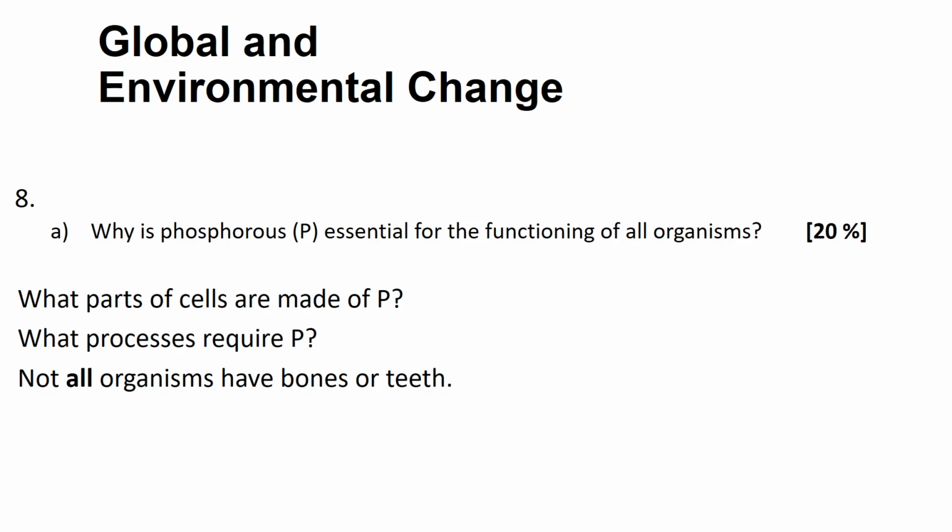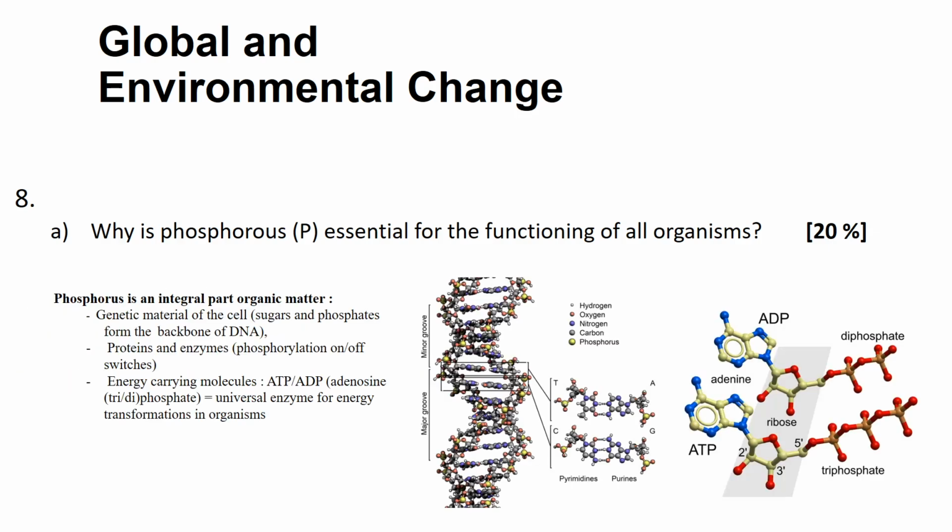What we're really looking for is what the parts of cells are, because all organisms have cells. What parts of cells are made of phosphorus or require phosphorus to exist, and then also what processes require those molecules for a cell to operate. So looking back at some of the lecture slides, some of the parts of cells, so DNA, the kind of the